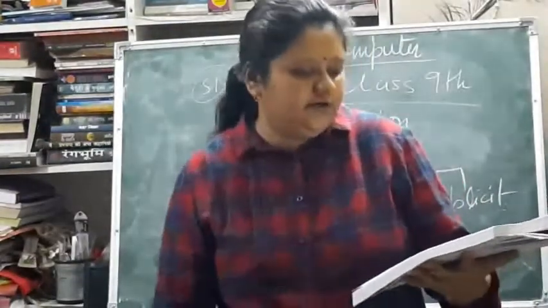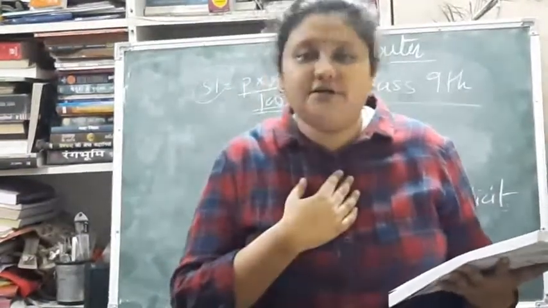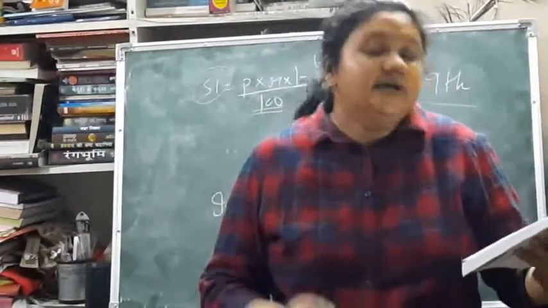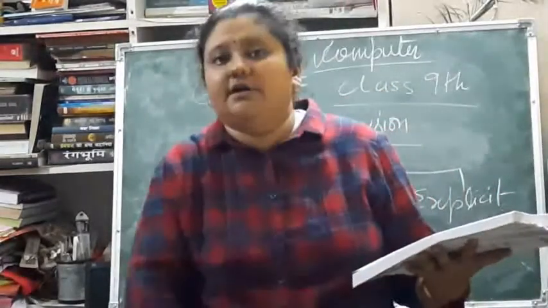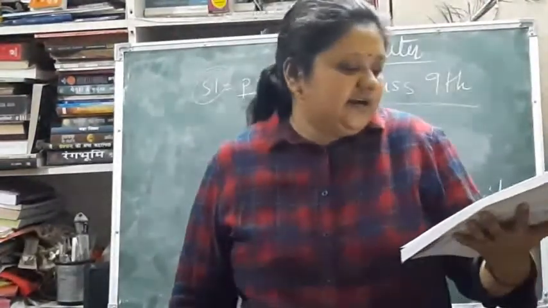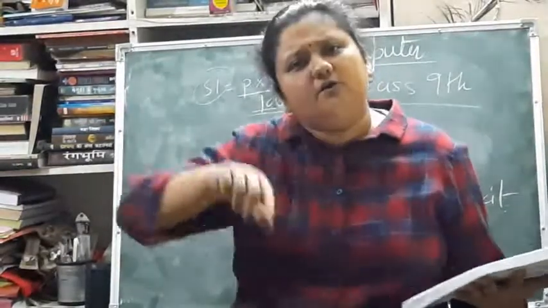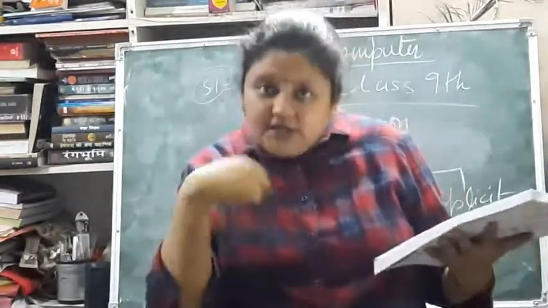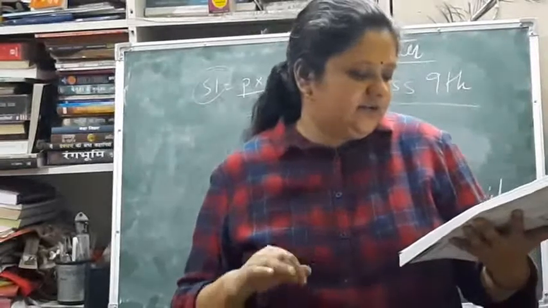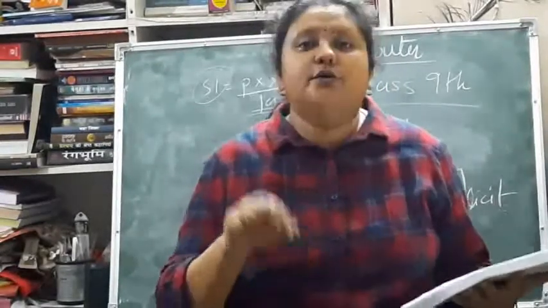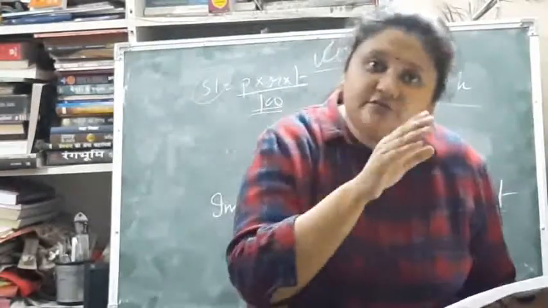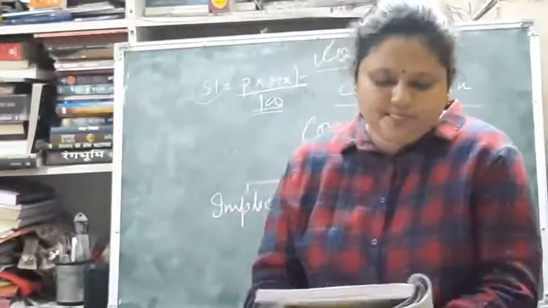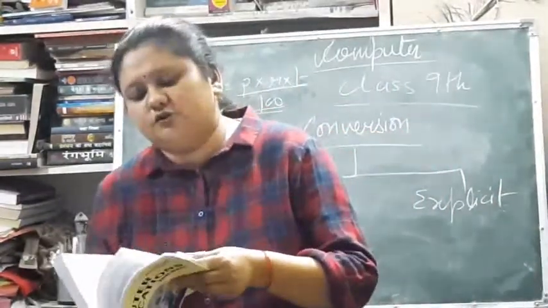There are certain rules followed by the compiler. We are not going to use them, but compilers do follow these rules. If an operand data type is double, then the entire expression will be converted to a double type expression. Otherwise, if the data type of an operand is float, the entire expression will be promoted to float. If an operand data type is long, the whole expression will be long. And if the expression contains byte, short, int, then it is always going to be int, because int is the largest of these three: byte, short and int. So it is always promoted. This is implicit type conversion, which is also known as coercion.